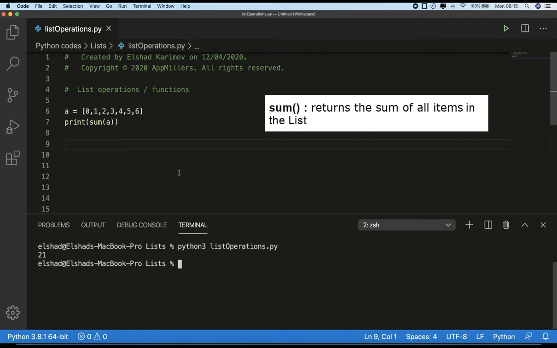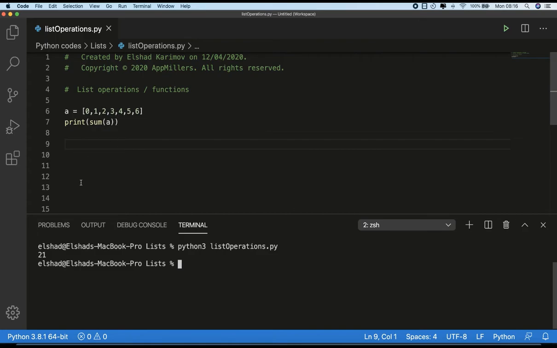These functions are very useful when developing software. By using a combination of these functions, we can easily calculate other functions as well. For example, if we want to calculate the average of this list, we don't have such a function, but by using the functions that I explained here, we can find the average. We know that the average is the sum of elements divided by the number of elements. So we can find the sum of elements with sum(a) and divide by the number of elements.